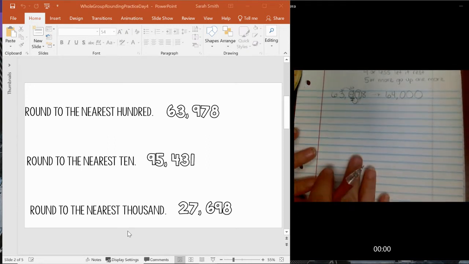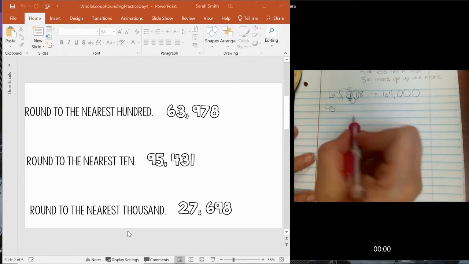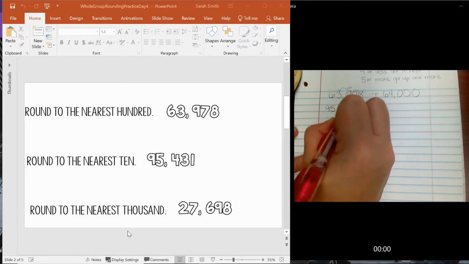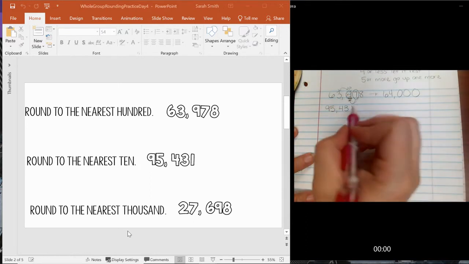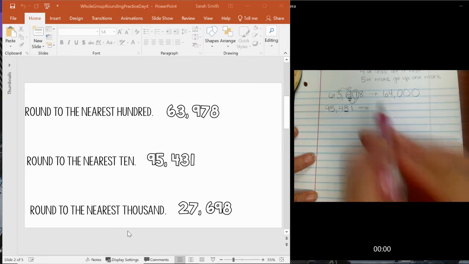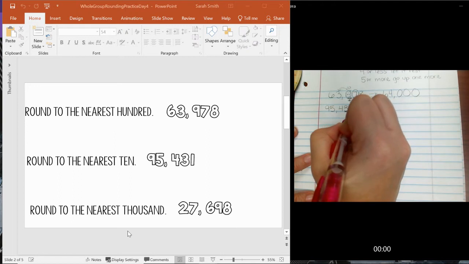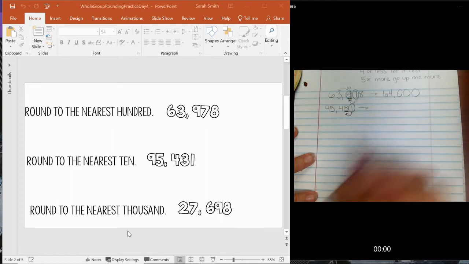All right, so let's try the next one. It says round to the nearest 10. It's the number 95,431. So I'm going to write that down. 95,431. You should be doing this with me, guys. I'm going to underline the tens place because I know I'm rounding to the tens. Okay. I'm going to circle the guy behind it and draw my little swoop,